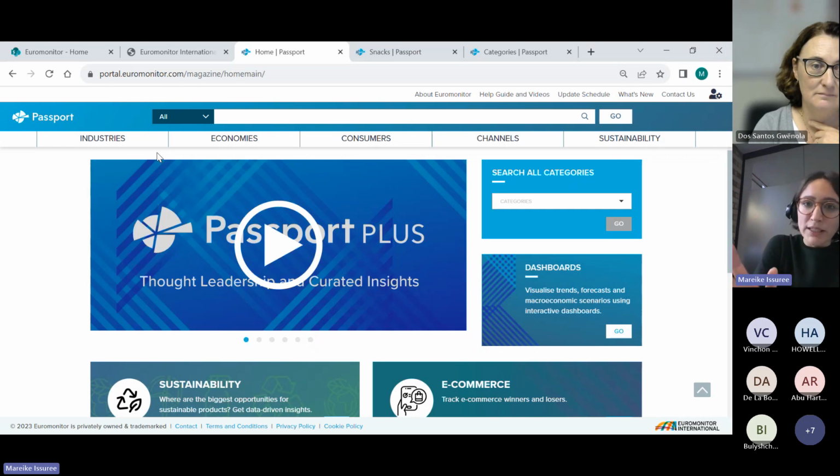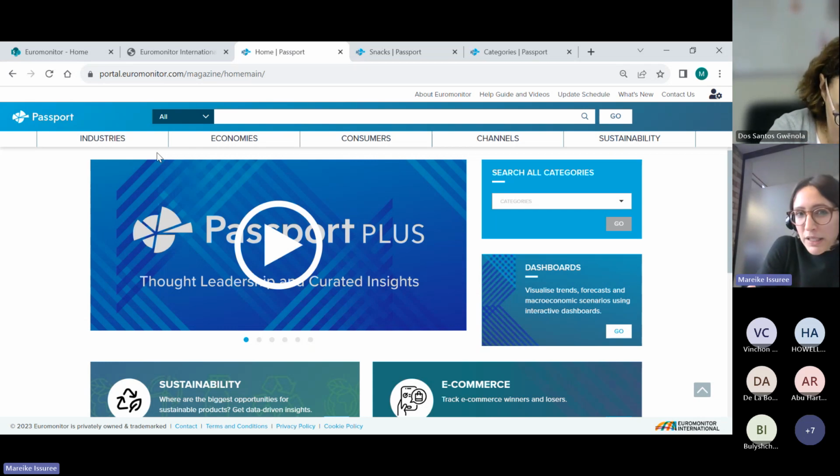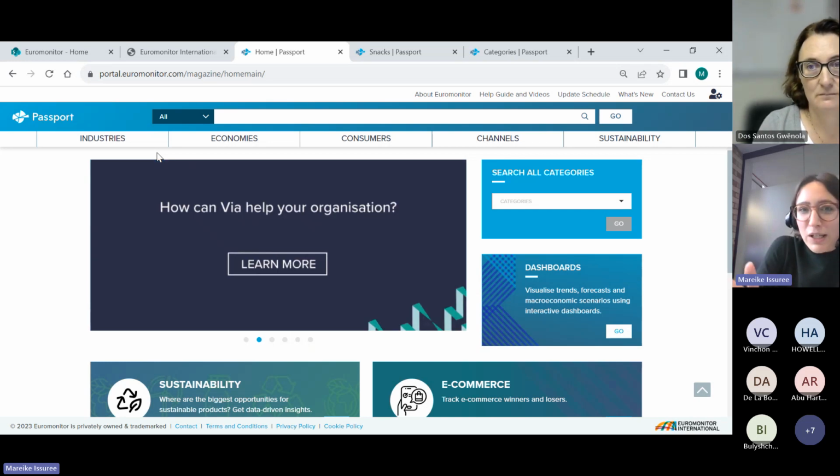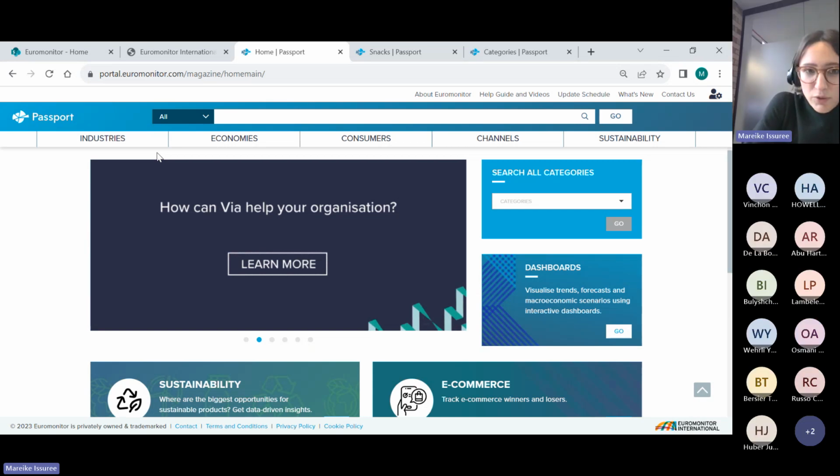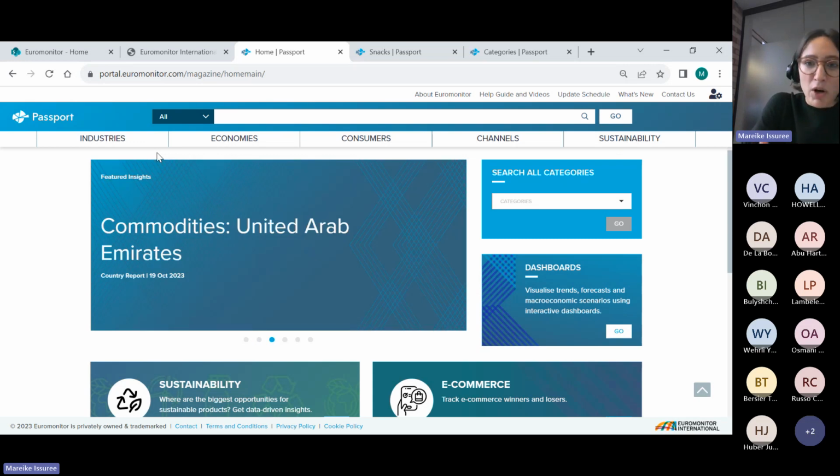So Passport is Euromonitor's main product that we offer, and it's used across companies globally, all the major consumer companies within Switzerland, investment banks, consultancies that you can think of. They would rely on Passport for all types of different projects, and you can use Passport at your school. You can use it in all kinds of different programs, from entrepreneurship, business, marketing, economics,